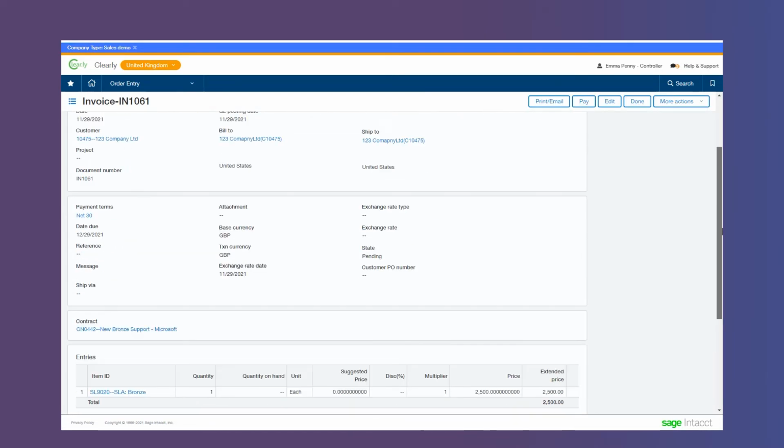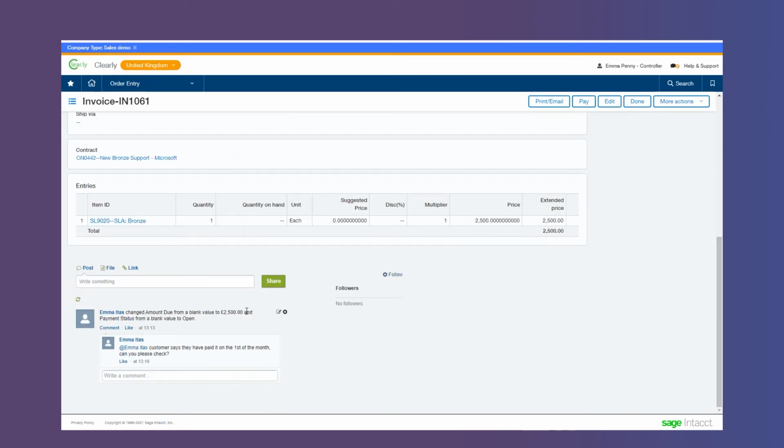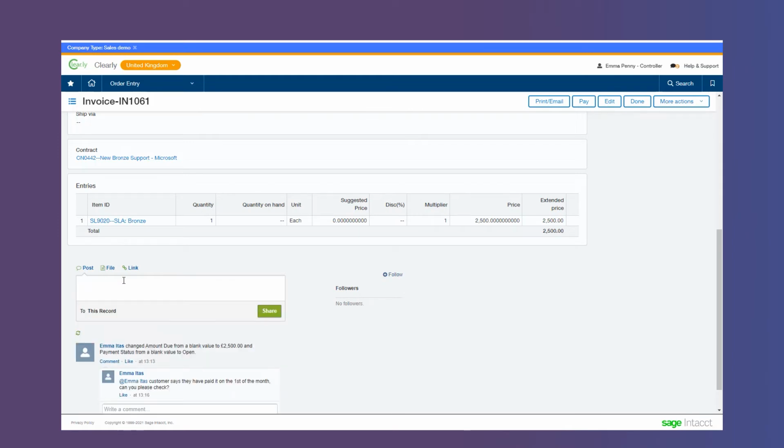If we scroll down now, you can actually see the comments and the conversations from within Chatter, from within Intacct as well as Salesforce. So the finance person could say back to them,